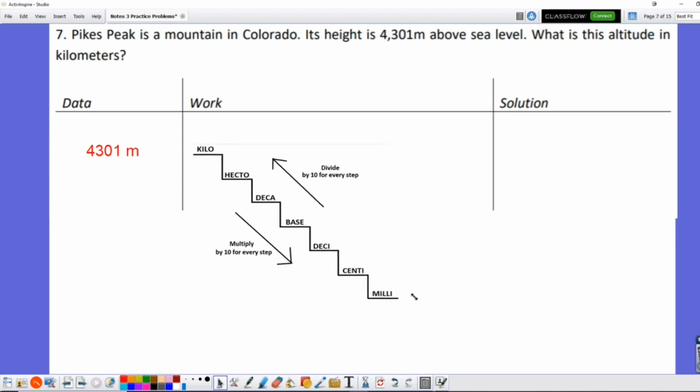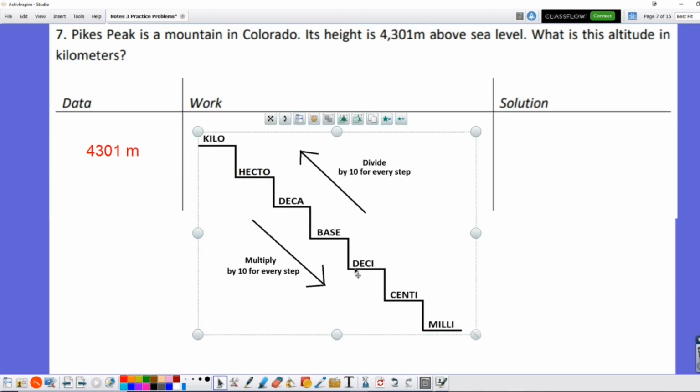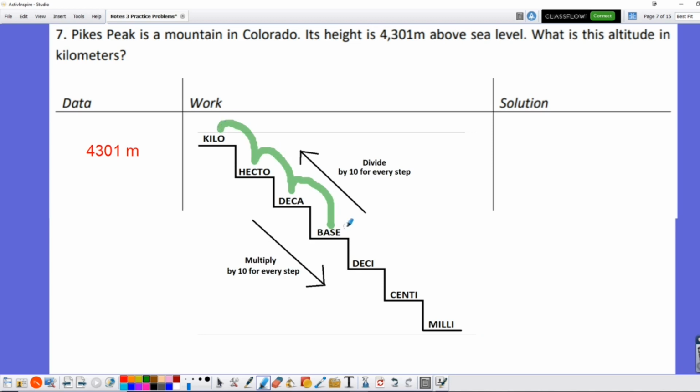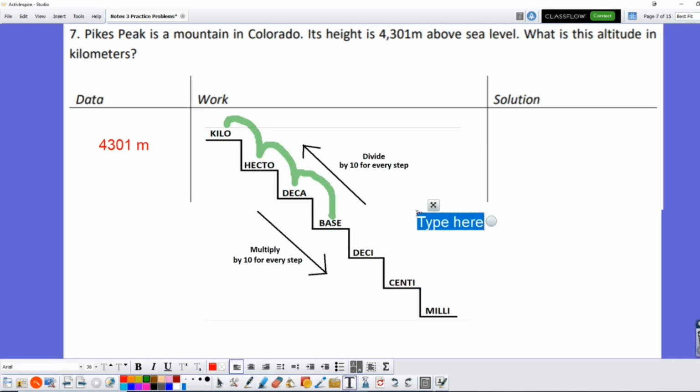So going from meters to kilometers, we have to understand that meters is another base unit. So we're going to start off right there at this base unit, and then we're going up to kilometers again. So this is very similar to the previous problem. We're going from base to deca, deca to hecto, and then hecto to kilo. And for every step that we jump, we have to divide by 10. Okay, so let's go ahead and write that down. I'm going to put 4,301 meters divided by 10 is going to equal